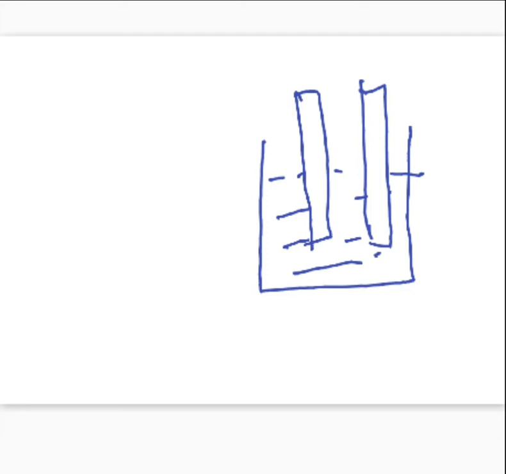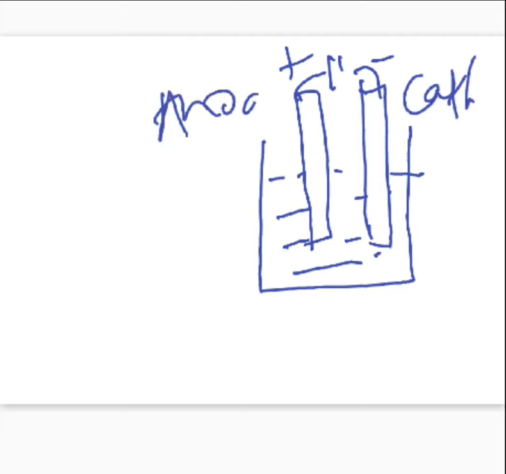Then we are taking two metal rods and immersing them within this vessel, right? And further, this is connected to a battery. Right? Now, what happens in such cases? The ions will start migrating towards the electrodes. The cations which are present within the electrolyte will start migrating towards the cathode, right? Say for example, this is acting as a cathode and this is acting as an anode, right?